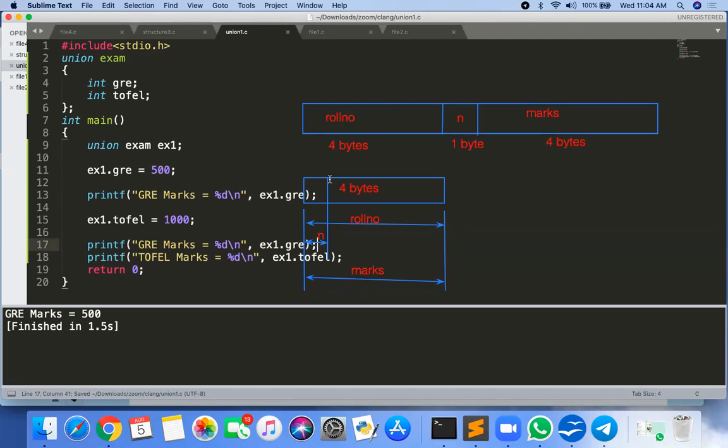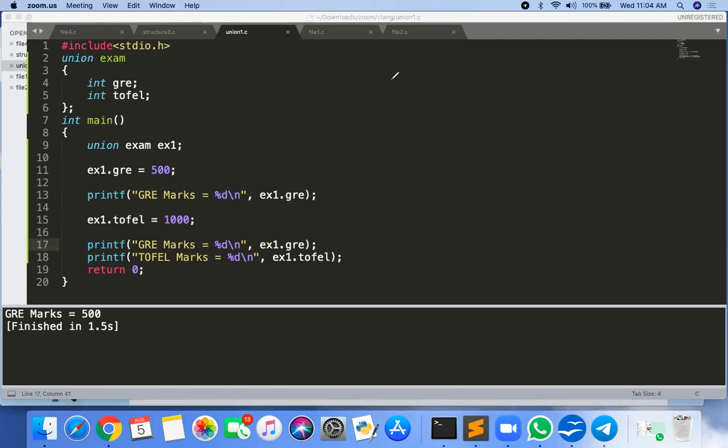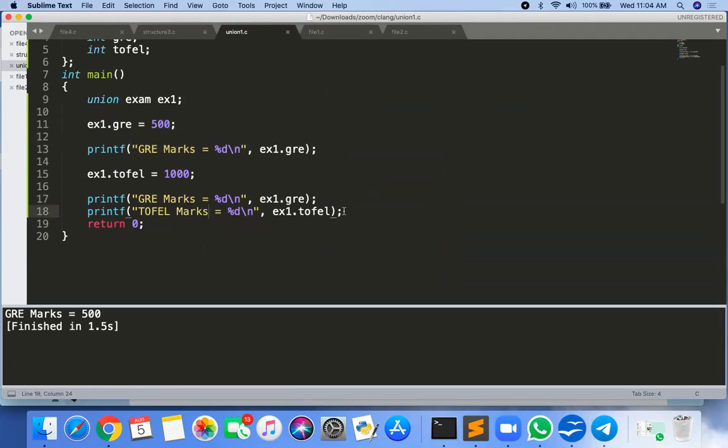Can anyone guess? What is the answer? Here it is perfectly 500, but what is the answer now? Will the latest one get updated, sir? Yes. When you have the GRE mark stored inside it and you print GRE, 500 will be the answer.